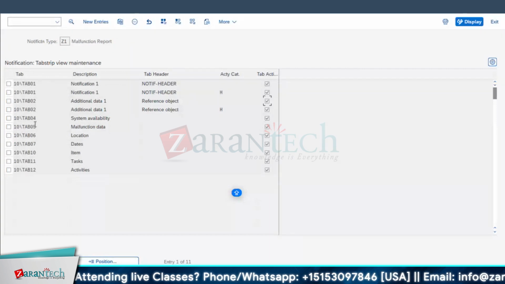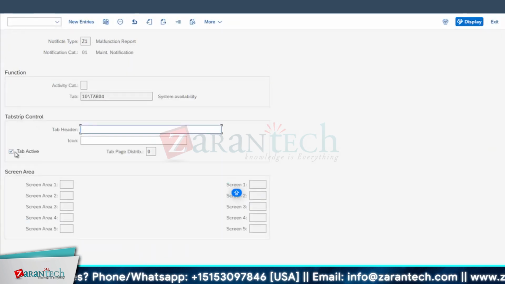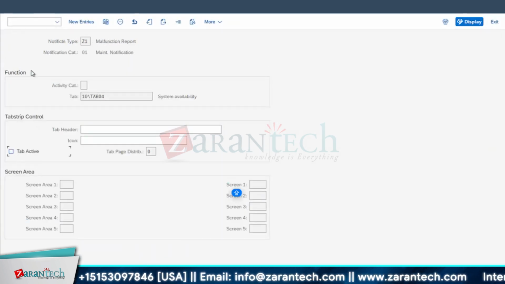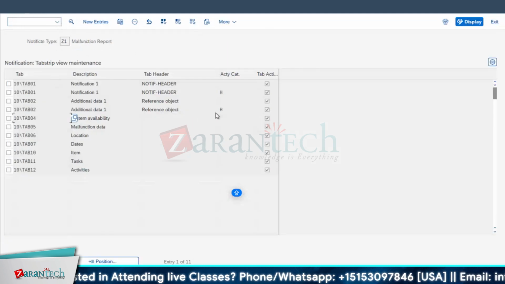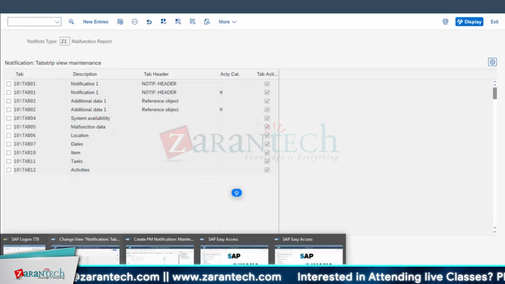Go for this, you remove this tab active. Means in your list it will be there, but in notification you don't see that. Like that time we can use this particular tab active. Later if they require it again, then you just come and activate it, or you can add also. It's fine. So these things are there, but if you go for